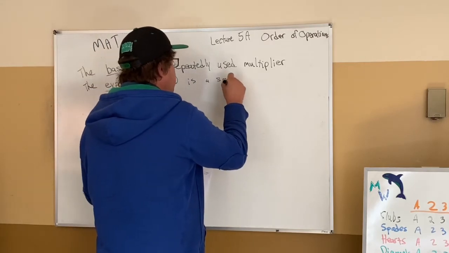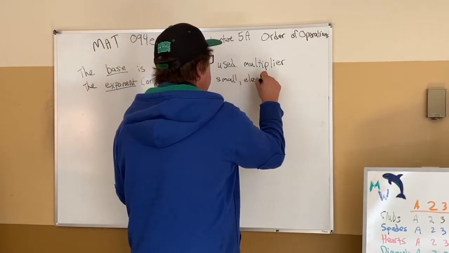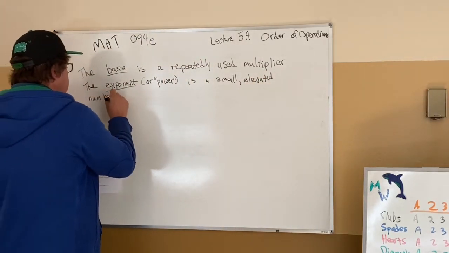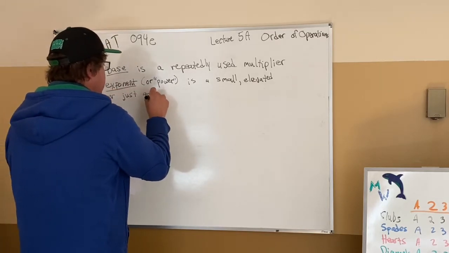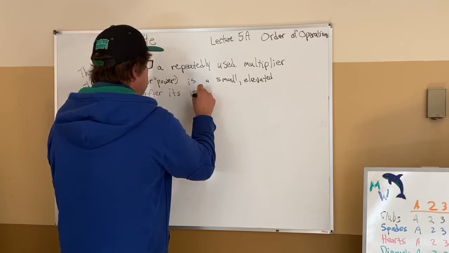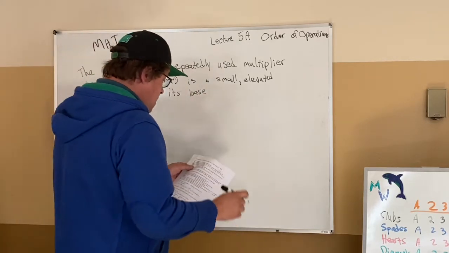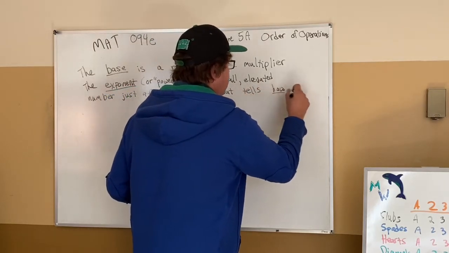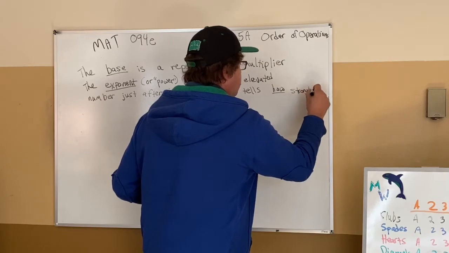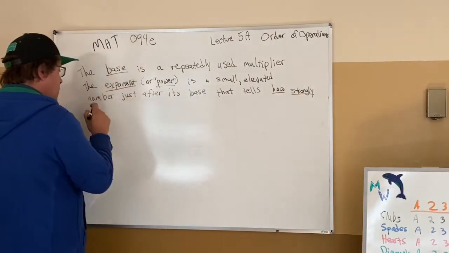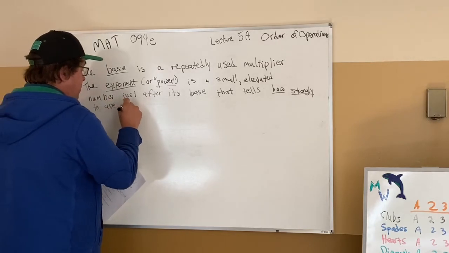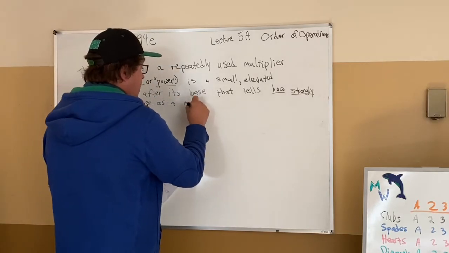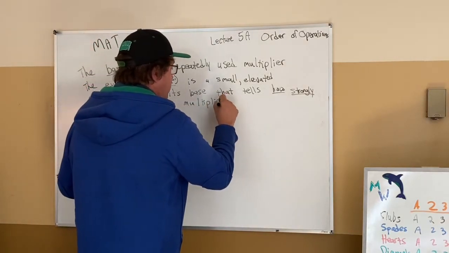It is a small, elevated number just after its base. That tells how strongly to use the base, that base, as a multiplier. It wouldn't make sense for me to write the whole explanation I'm about to give right now